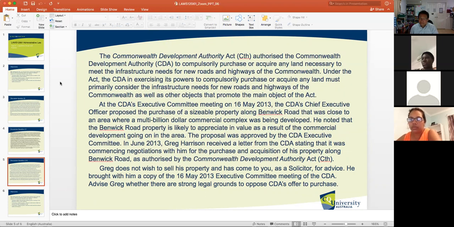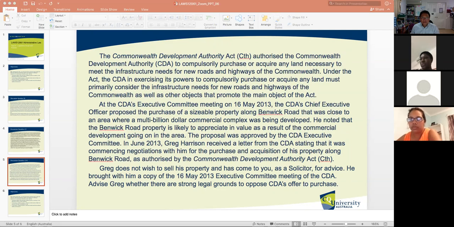The Commonwealth Development Authority Act, Commonwealth, authorised the Commonwealth Development Authority to compulsorily purchase or acquire any land necessary to meet the infrastructure needs for new roads and highways of the Commonwealth. Under the Act, the CDA, in exercising its powers to compulsorily purchase or acquire any land, must primarily consider the infrastructure needs for new roads and highways of the Commonwealth, as well as other objects that promote the main object of the Act. At the CDA's Executive Committee meeting on the 16th of May 2013, the CDA's Chief Executive Officer